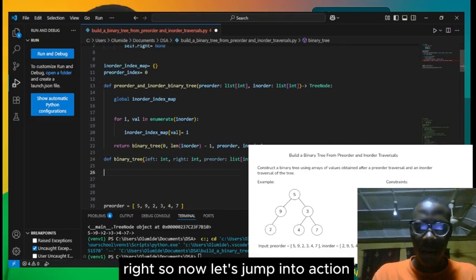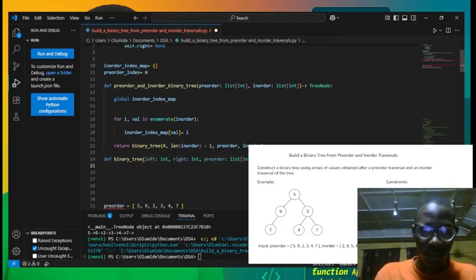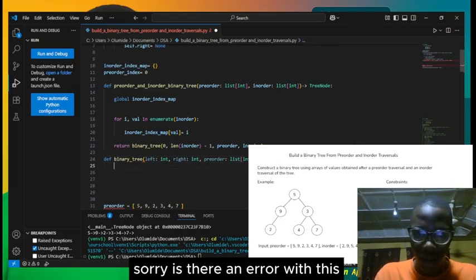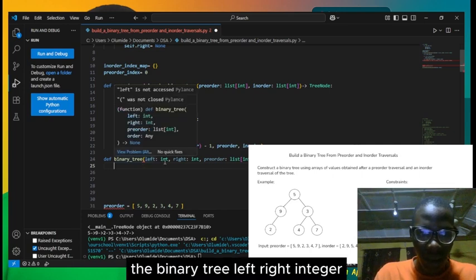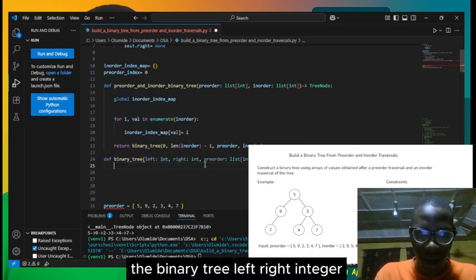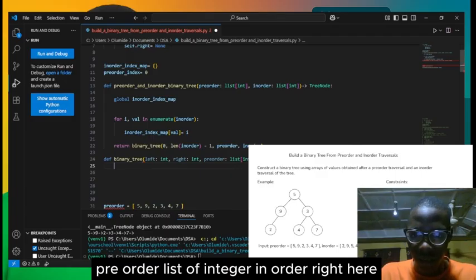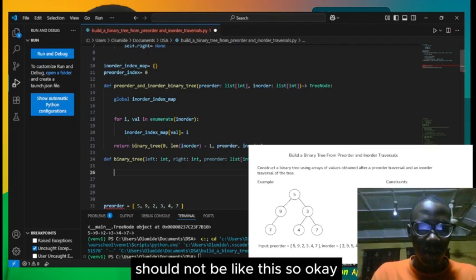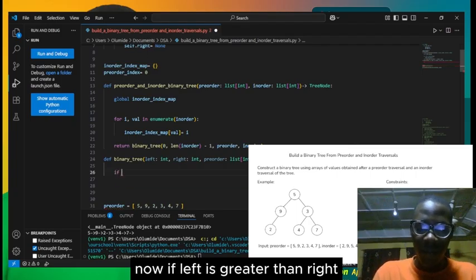So now let's jump into action. Sorry, is there an error with this? The binary tree, left: int, right: int, preorder: list of int, inorder: list of int, right? So okay, now if left is greater than right,